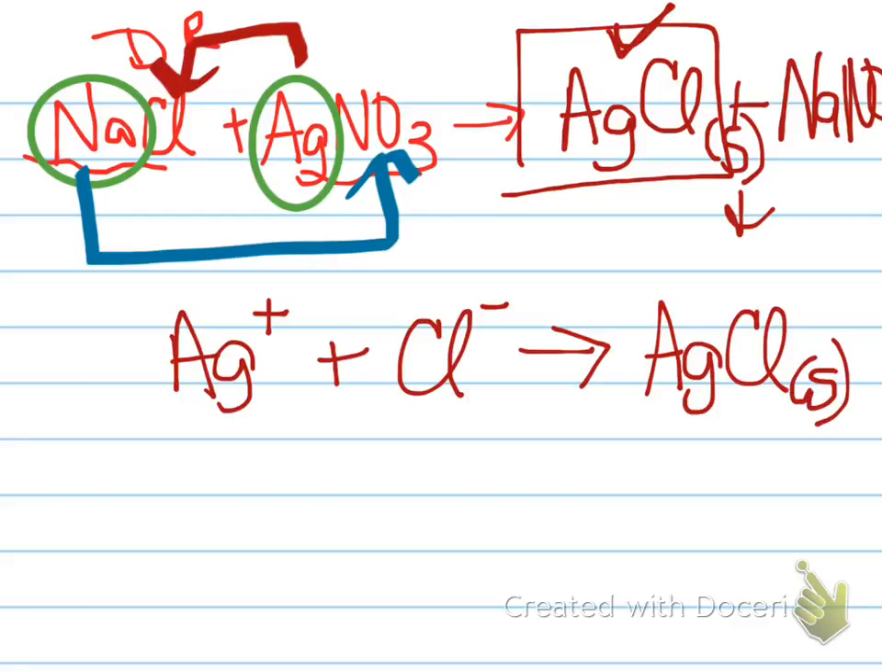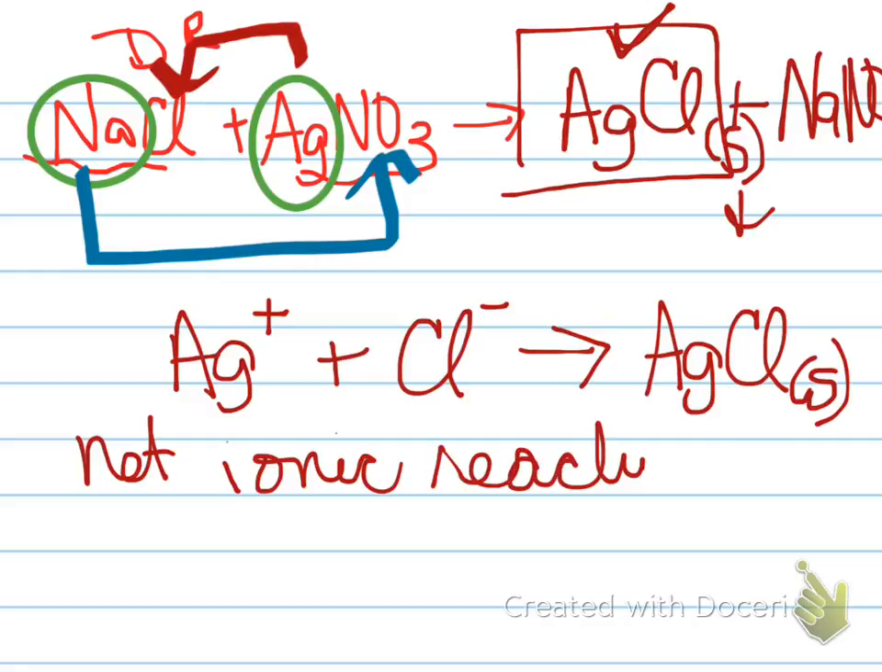This is a solid, an insoluble solid, so this is my net ionic reaction. All the other stuff is staying dissolved in the water. It's not involved in the reaction at all. They're called spectators. Okay? Alright, and then our fifth type of reaction is combustion,